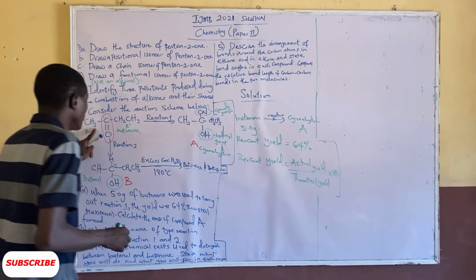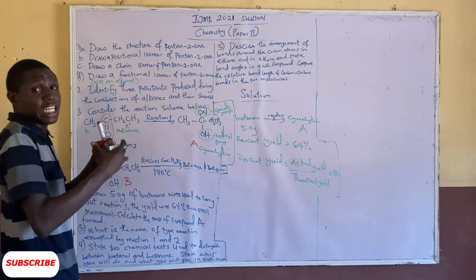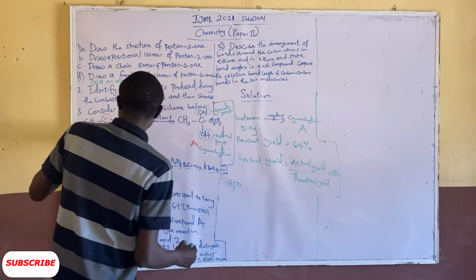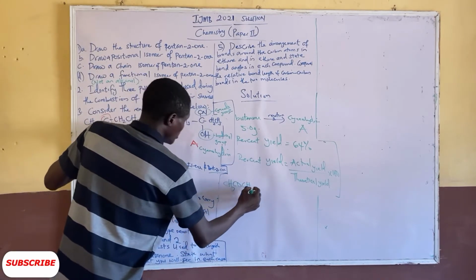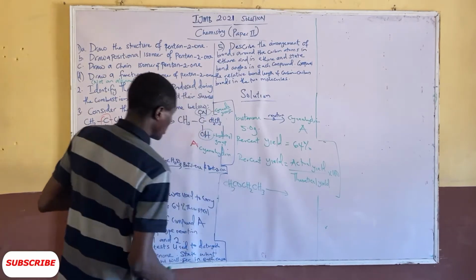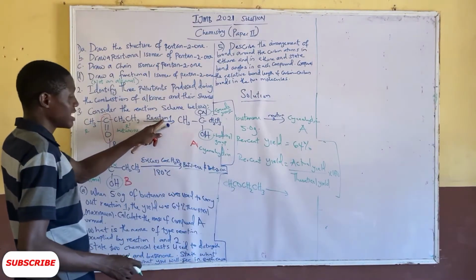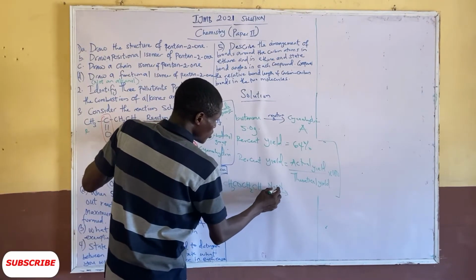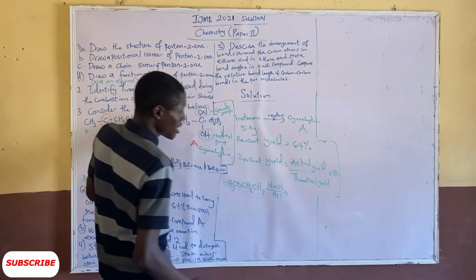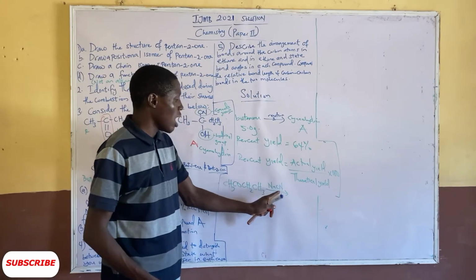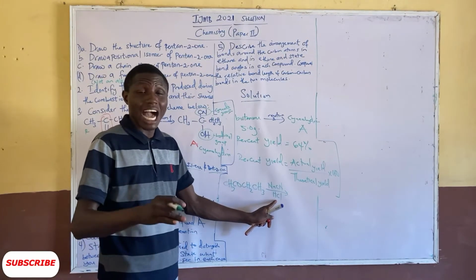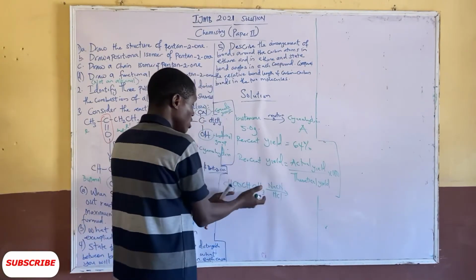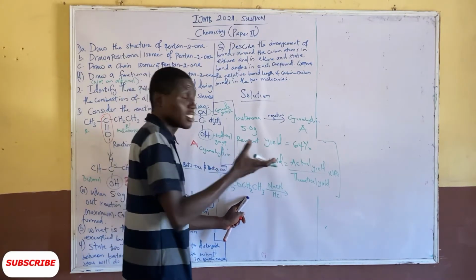You are told that when you combine butanone, written in condensed form as CH3COCH2CH3, it undergoes an addition reaction in the presence of sodium cyanide and hydrochloric acid. When sodium cyanide and hydrochloric acid combine, they form hydrogen cyanide. So this compound reacts with hydrogen cyanide to give